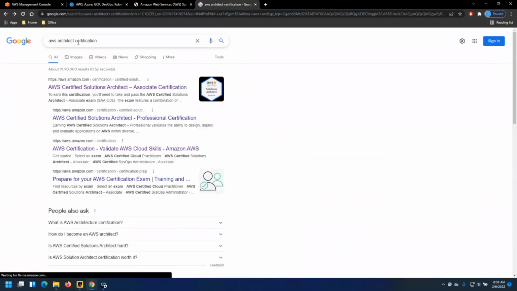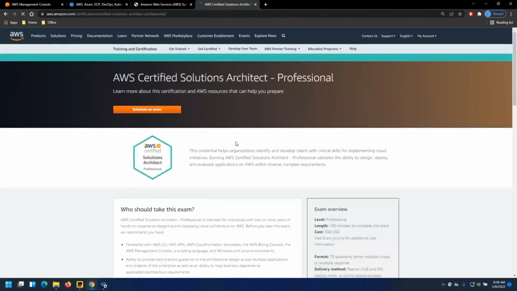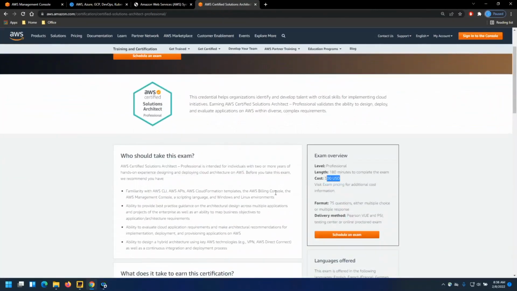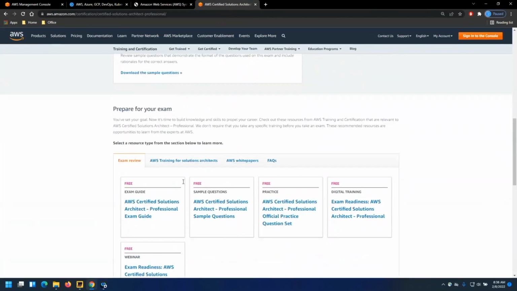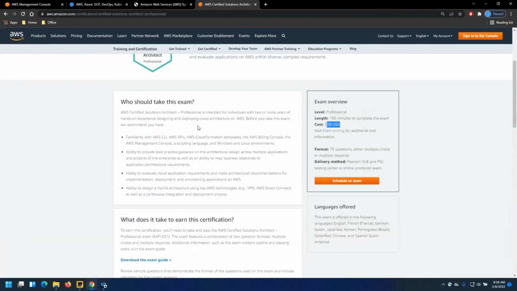And there is another one, the professional certification, which is double the cost of your associate, and you need extensive hands-on experience in all the areas I mentioned earlier, right? So you have to have business knowledge, technical knowledge, and solutioning knowledge. In the traditional way also, you must have some experience in designing and deriving solutions in order to crack the professional certification, I would say.